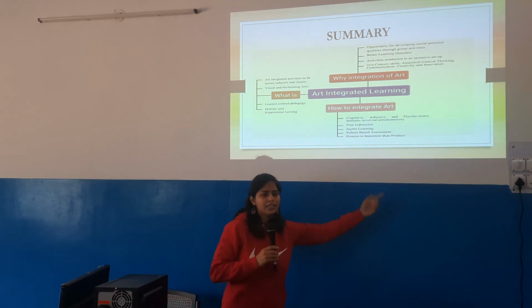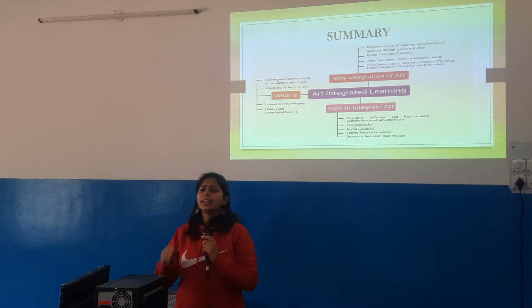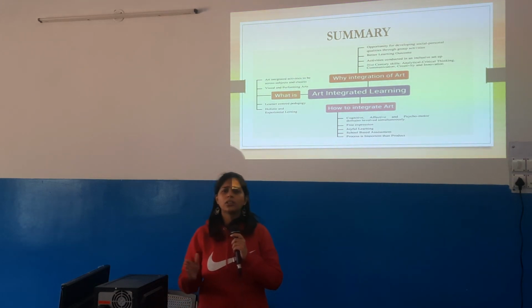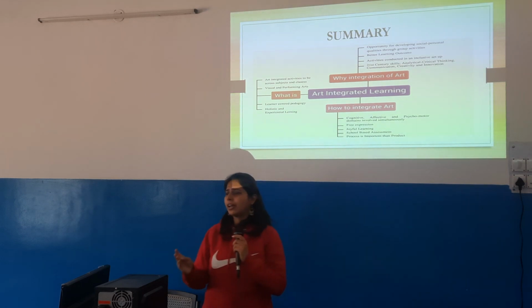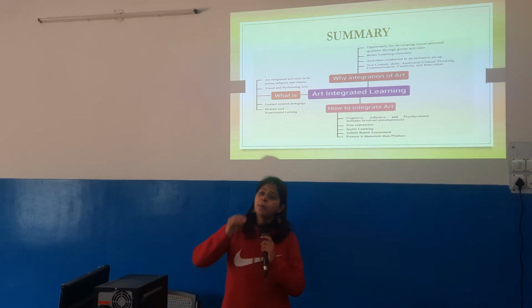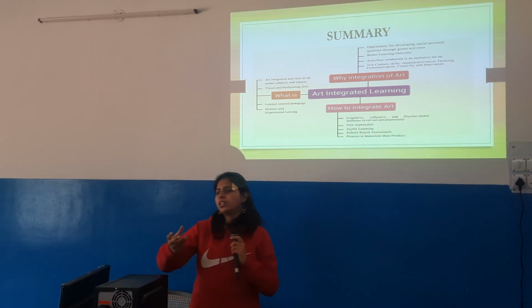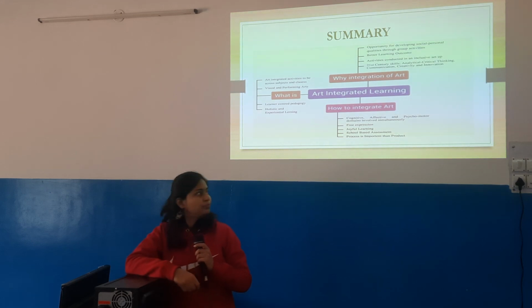Next, school-based assessment. They have nicely told that there are several assessments done in school. Let us not just assess students on this topic by giving them marks or grades. Rather, we should appreciate their artwork, and the assessment will be done by that. The way of appreciation will be an assessment for them.